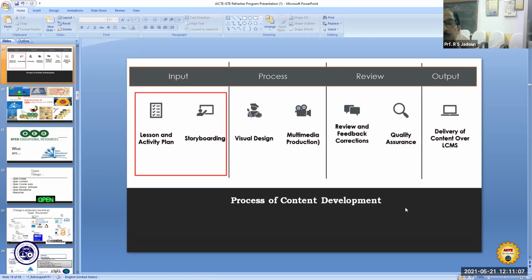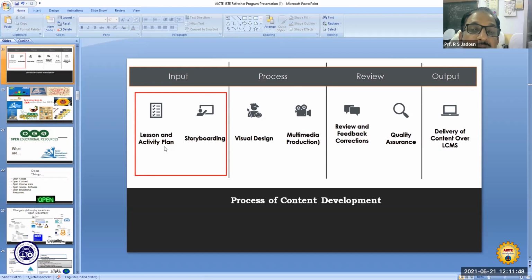So in a nutshell, the process of content development can be summarized. As in any production process, there are three important elements in the process of content development: input, process and output. These are the three requirements: anything you want to develop will require some input. So in content development, what will go into the input?